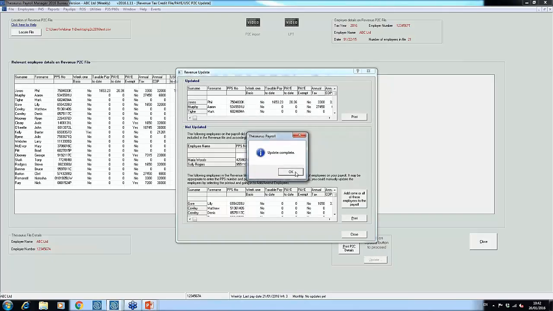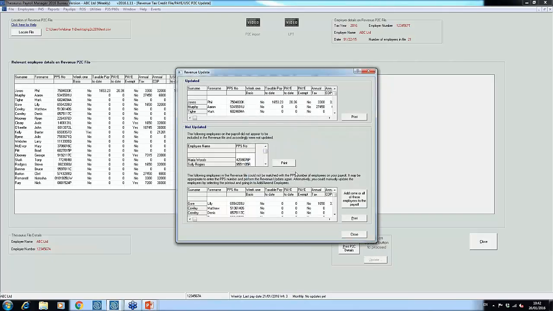Okay. So the next screen, it's important just to review this because it is going to bring to your attention any issues. The top section here, Updated, will give you a breakdown of the employees that were in the P2C file and who have been successfully matched with your employee record. So everybody appearing in this top section here, their revenue details section has been updated accordingly. Okay. Most importantly, you really need to review anybody's names that are appearing in the Not Updated section,